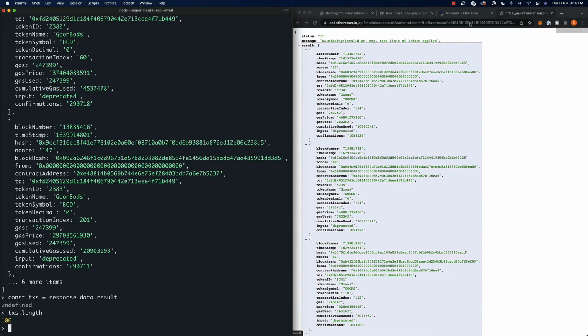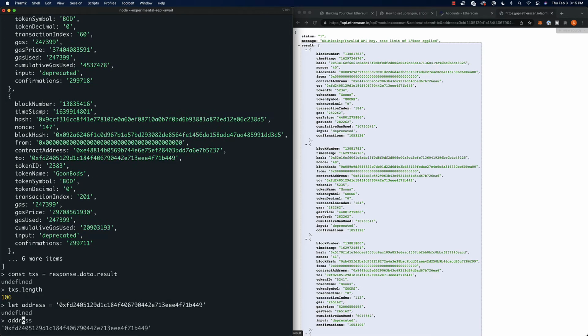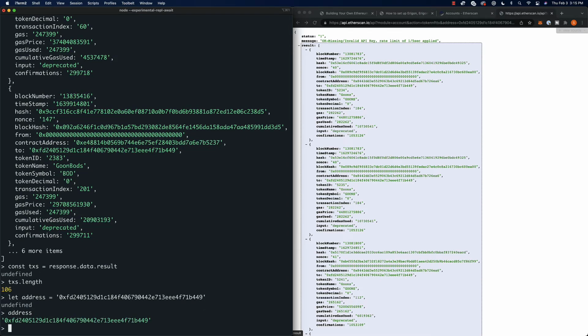So let me come over here really quick and copy the address. So we'll say let address equal that. Okay, so what I want to do is I first want to start by finding the buys. Now these may not necessarily be buys, like somebody transferred it to me directly or whatever, but as far as we're concerned, you have buys and sells, so it just kind of keeps it simple. So what we can do is say const buys equals, and I'm going to say let, in case I screw this up, let buys equal